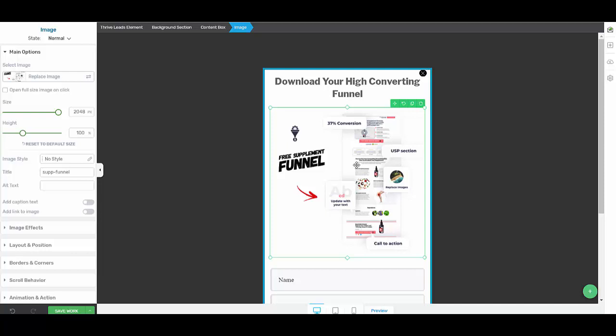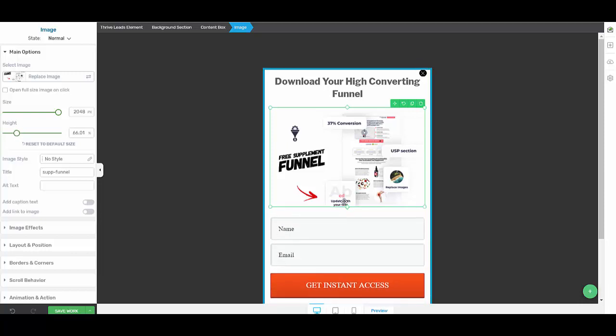Now as you can see, that image now has pushed the button and the form fields below the fold, and that is what I don't want. So what I'm going to do in Thrive, you can see these handles around the bounding box. If you come down here, there's the diamond. We're just going to scroll up a bit with that, because this part of the image, there's nothing important here. As far as I'm concerned, the important stuff is this arrow upwards, where it's, you know, free funnel, and it says a 37% conversion. That's the important stuff. So I'm just going to slide that up